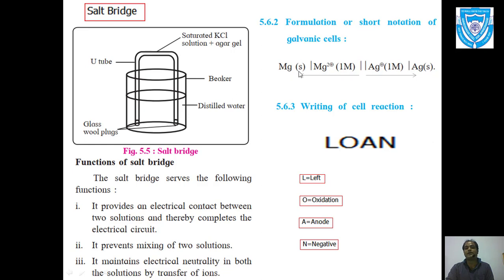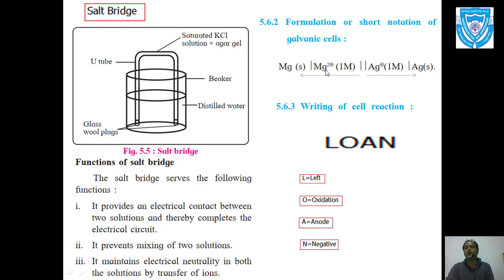Then these brackets, as shown here, there are some small brackets, and here is written S. S represents its physical state. That means this magnesium is solid, that's why here it is S. If we use hydrogen, then in this bracket we write down G. G stands for gas, gaseous state. So we have to mention this physical state of the concerned ions or the metals or the electrodes.